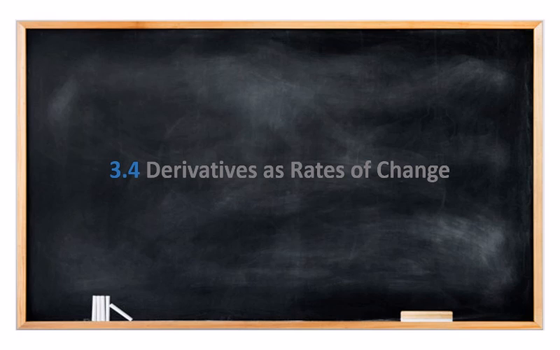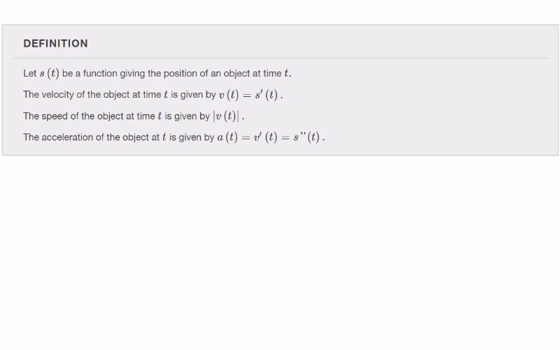3.4 derivatives as rates of change. So we're going to talk about this. This is actually something we've talked about already, but we're going to talk about motion, and we're not going to cover everything in this section just for the sake of time, and there's some other things that definitely I feel are a little more urgent coming up. So coming up to the end of the term, we want to make sure we get some of those things in. So we're just going to focus on position and velocity and acceleration in this